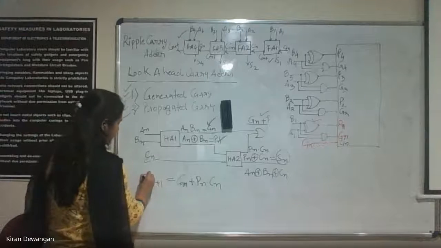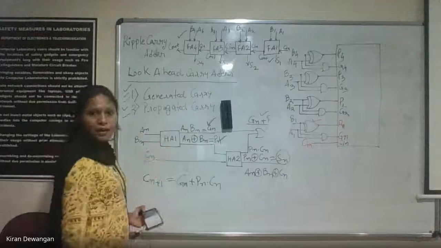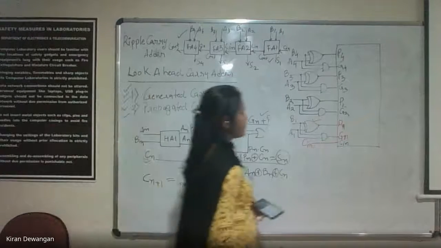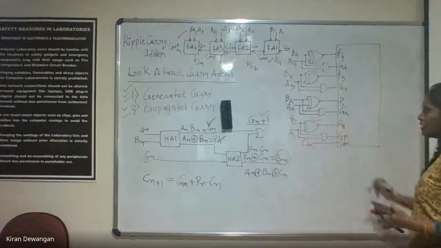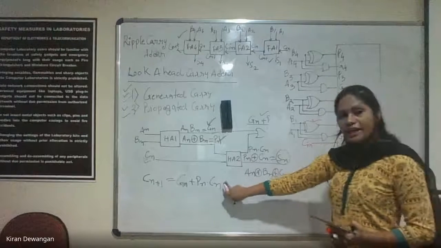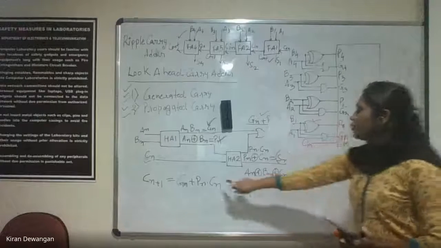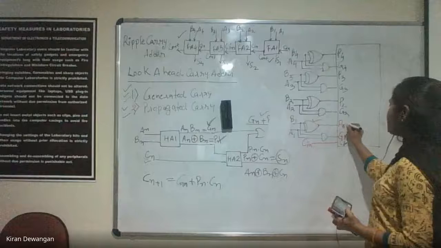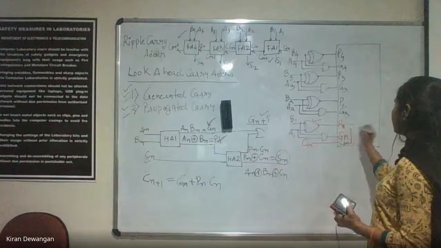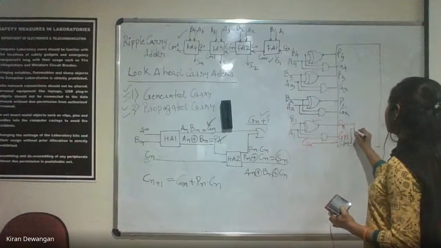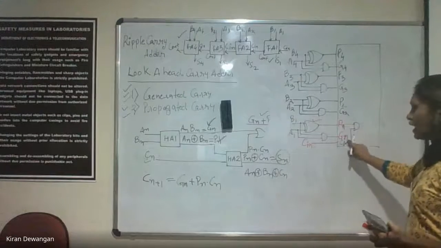So basically, ये जो Cn+1 होगा वो नेक्स्ट आपका कैरी जनरेट करके देगा. Now from here, if this is C1, so from here we'll get C2. C2 will be generated as Pn dot Cn. यहाँ से आपका Pn आ रहा है और यहाँ से आपका Cn आ रहा है. These two get ANDed. Clear? This is P1 and C1.